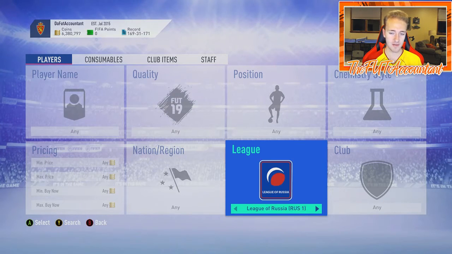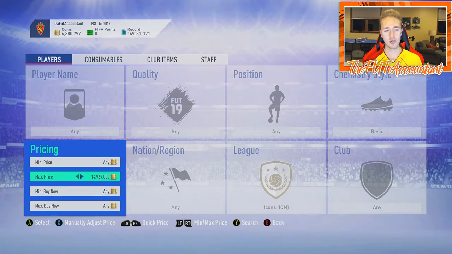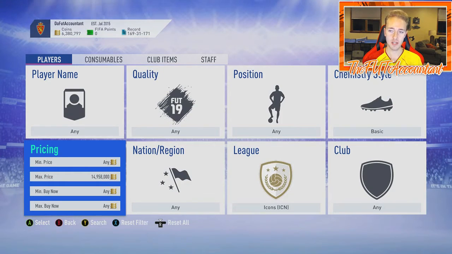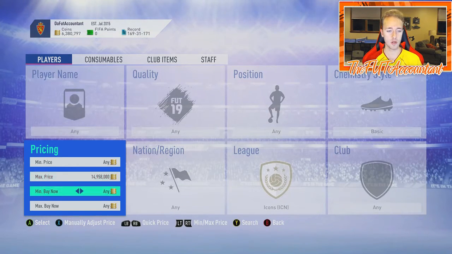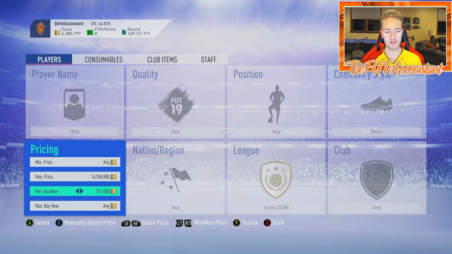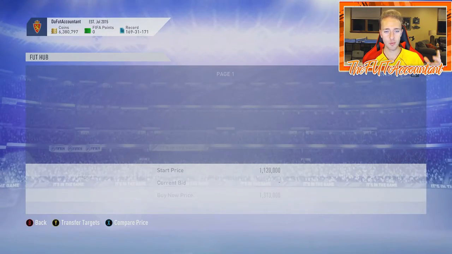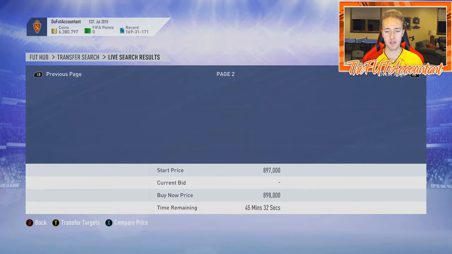Now obviously you have to have a good amount of coins to do this, but this is basically all you have to do. You want to go icon, you want to go chemistry style basic, because you want to look at the icons that are fresh coming onto the market that people are just packing. I set a minimum buy now of about 750,000 coins just to weed out some of the lower icons, and then we get to the 59th minute as fast as we can to catch these listings as they come up